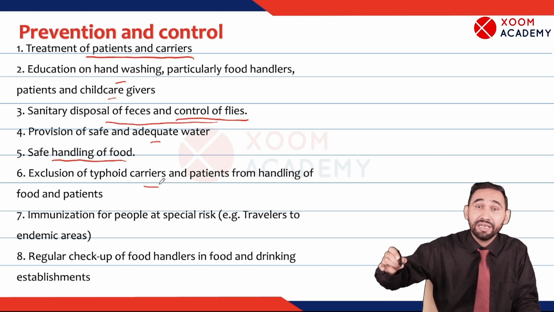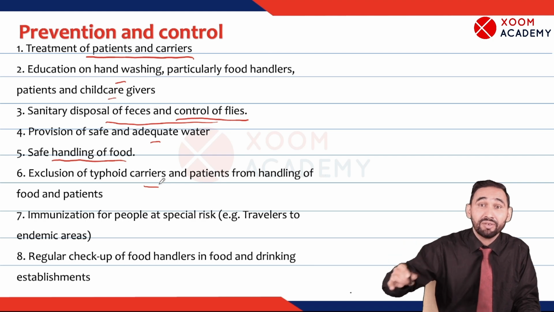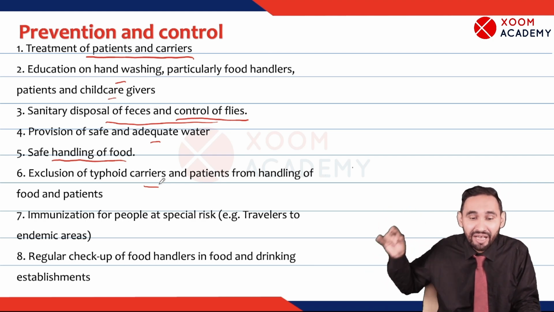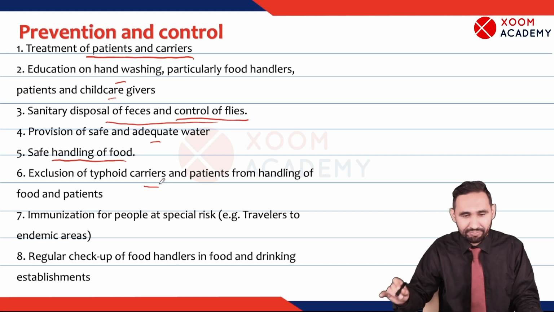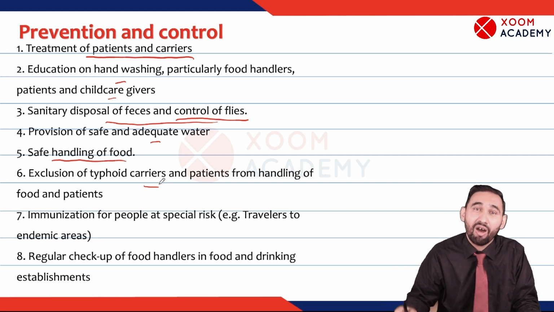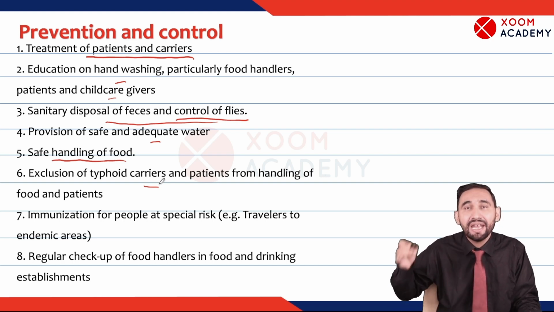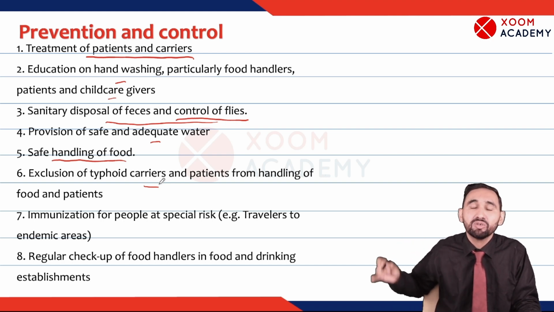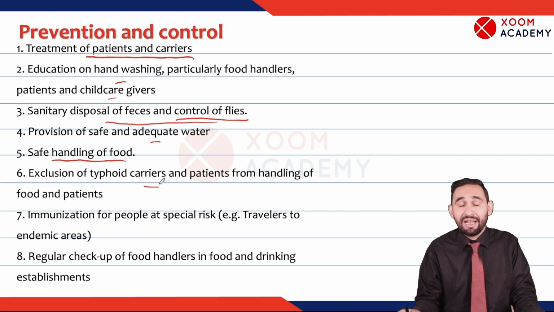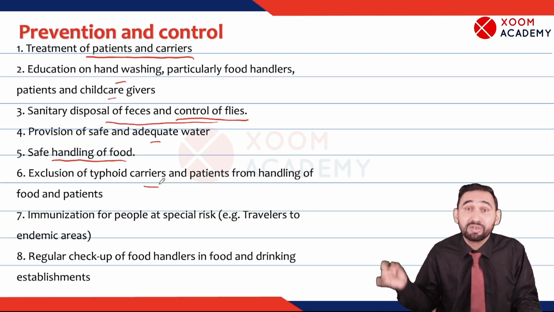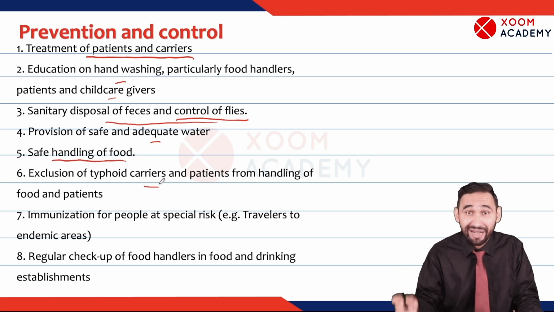Like, we need to screen cooks. We do stool culture of cooks to see whether they are carriers of typhoid or not. If they are, we should stop them from handling food, because they are responsible for the spread of typhoid fever. 80 to 90% of cases are due to these food handlers. And nowadays, it's a common practice that we perform stool culture of those people who are handling food,